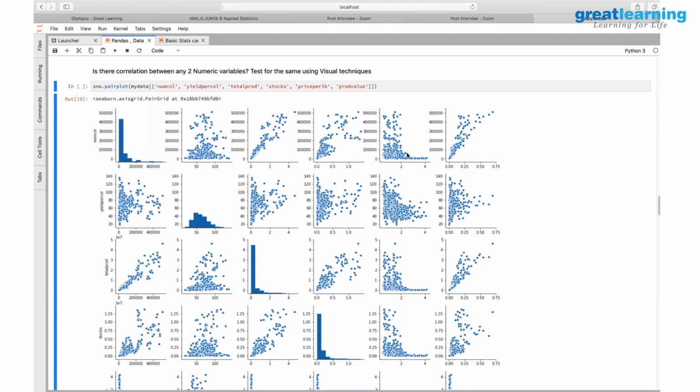What does this tell me? There are certain colonies which are getting a pretty high price, but those are few and far between. It could be because of the quality they produce, or because they are rare in nature, or because they go to a high-demand place where people are particularly looking for that type of product. Whatever the reasons, very few colonies are getting a pretty high price. Otherwise, more or less everything is concentrated in this zone, and not much variation is happening in price. That's the interpretation we'll get there. Does that make sense?